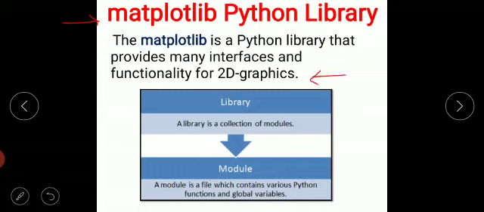Now, here we came across the term library. So what is a library? A library is a collection of modules. Now what is a module? A module is a file which contains various Python functions and global variables.